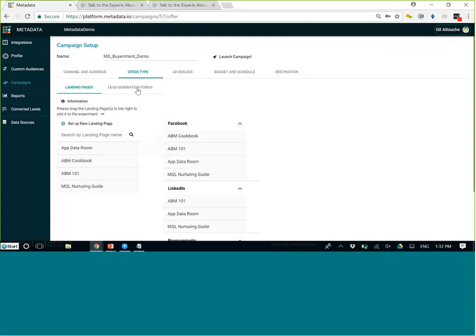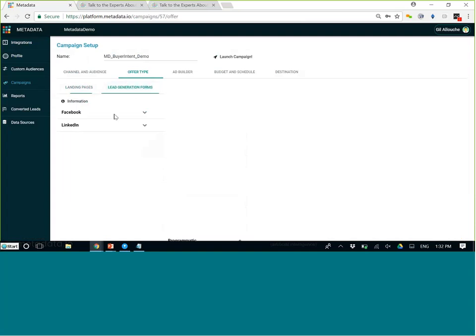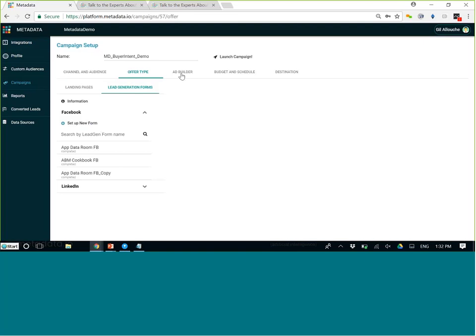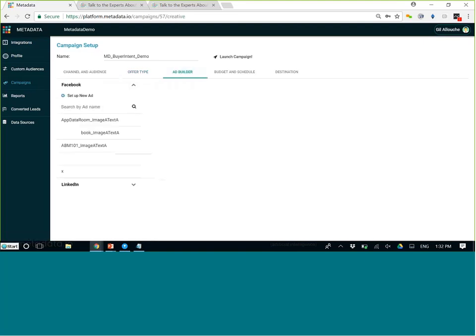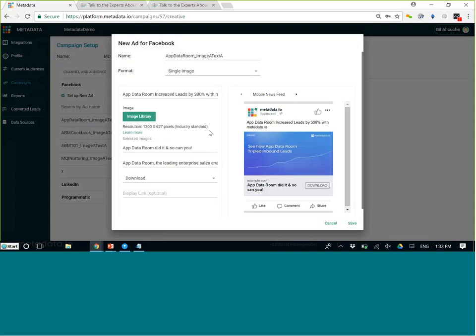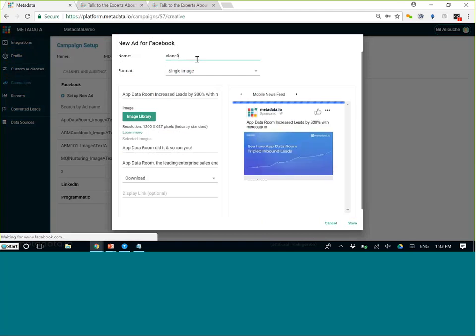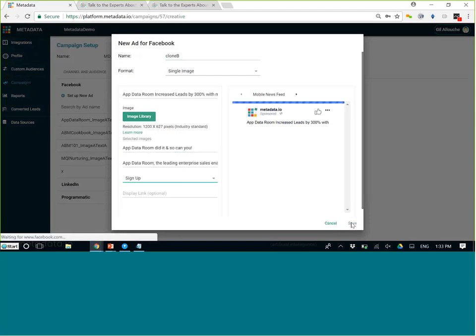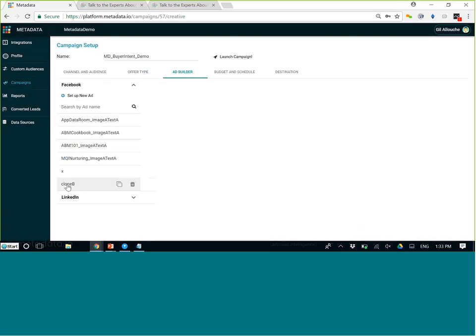Same way that you're bringing people from a Facebook ad to a landing page, you can also say, I want to convert them on the spot using a lead gen form. So you can set up a new form. This automatically maps to your marketing automation, and then people will be converted right on the spot on Facebook or LinkedIn. Same thing for an ad builder. These are all the different variables that are usually a part of an ad campaign. So you don't have to ever log in and log out from any advertising tool and create those things manually. You just create that ad one time. You can clone it, call it clone B, and then change the text or do whatever you feel like doing in this particular instance. And then you just click save, and it automatically creates a new ad